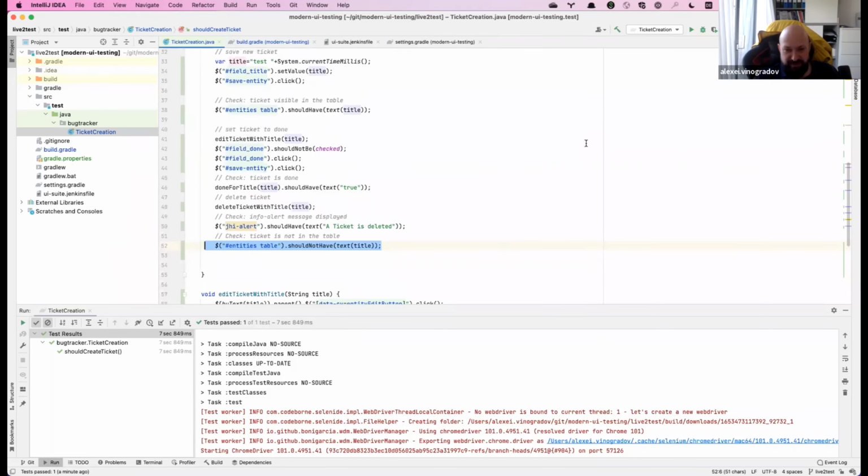But you don't need it using Selenide or some other framework like Cypress or Playwright. They also have implemented similar mechanisms so that you don't need to care about waiters so much.